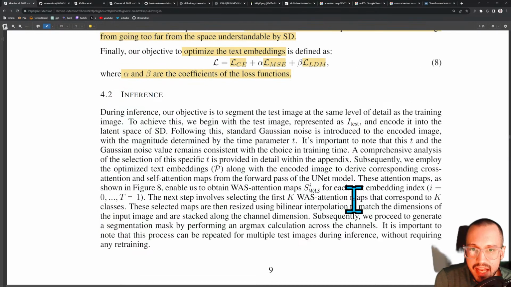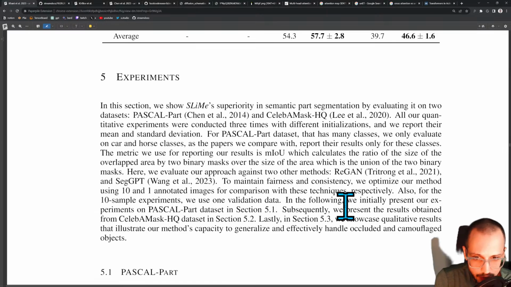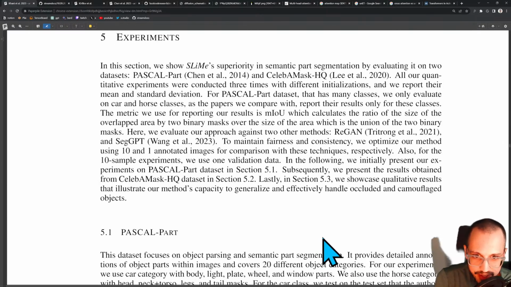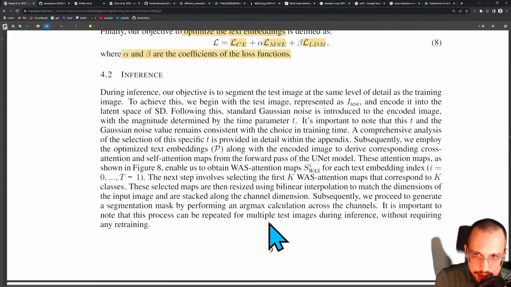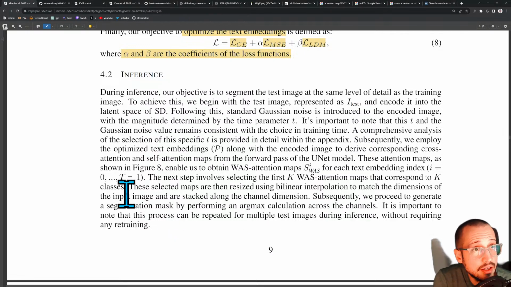Okay. Inference. Damn, dude, we're already at hour and a half. How much time do I have? I guess we can probably skip over the experiment. So let's look at the inference part,